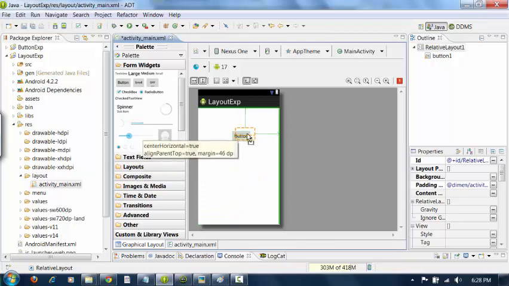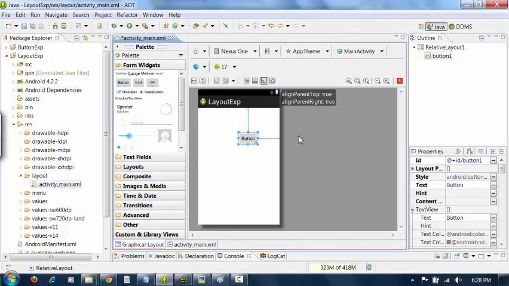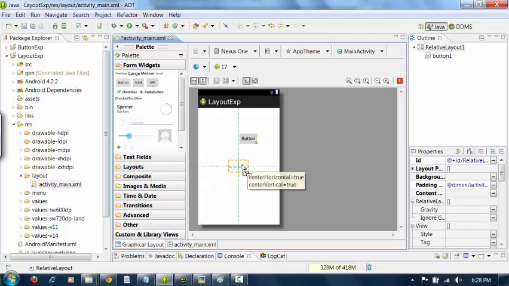Okay, now I will place the component in the first quadrant or top right quadrant. Now try to drag and drop another component to the layout. Now you can see a change. Instead of asking the margin from bottom, top or left, right, it is asking margin from the previous component.